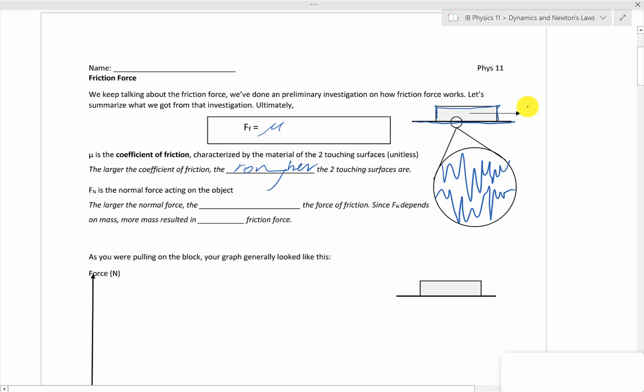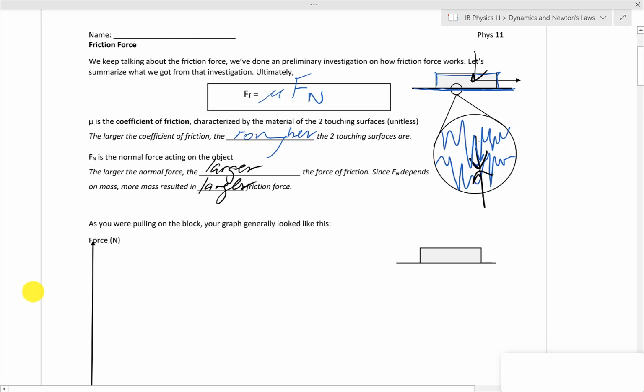The other property that the force of friction depends on is your normal force. So imagine this is how much the block is pressed up against the ground. The closer that this block is pressed against the ground, the more interaction these two surfaces will have, causing the friction force to increase. This is also the reason why if you have a larger mass, you have a larger Fn pushing down on the ground,